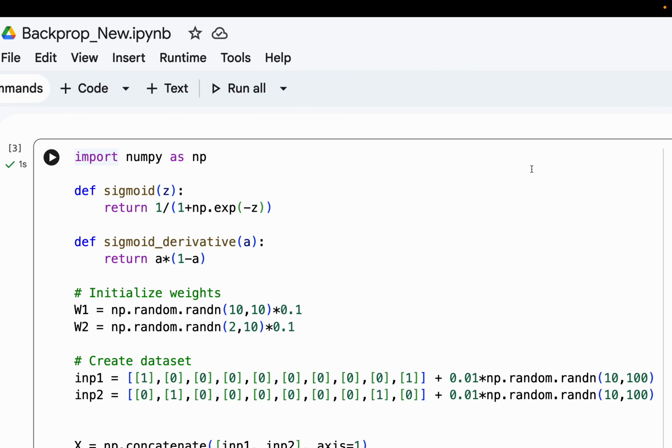Let us discuss how a neural network can be implemented from scratch in Python, without using libraries. As you can see here, we are importing the NumPy library. We are not importing any neural network library like TensorFlow, PyTorch or Keras. And we write a function for computing the sigmoid activation function, and also its derivative, where we compute a into